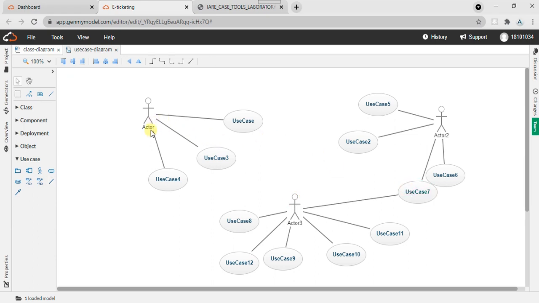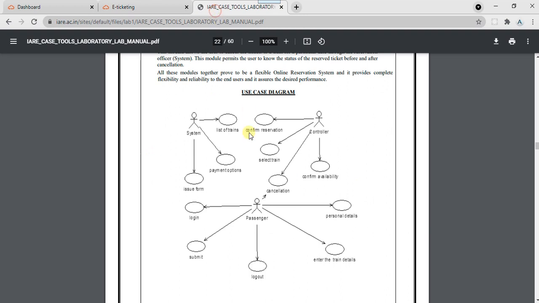If we want to rename this, we can just double tap the name and type whichever name we require. Likewise, if we do this for all entities, our use case diagram gets completed.